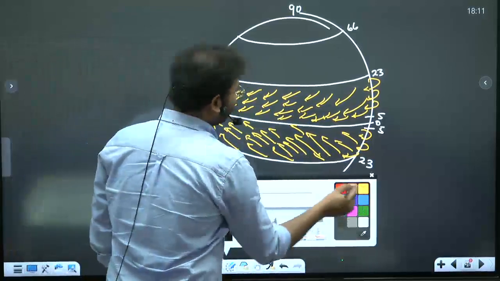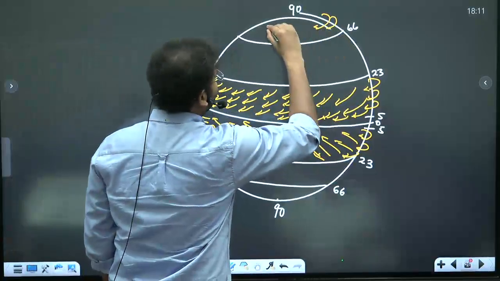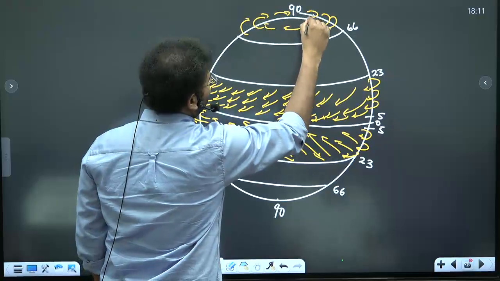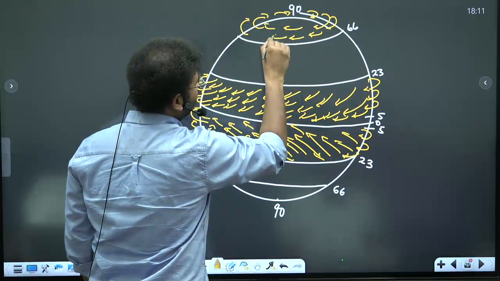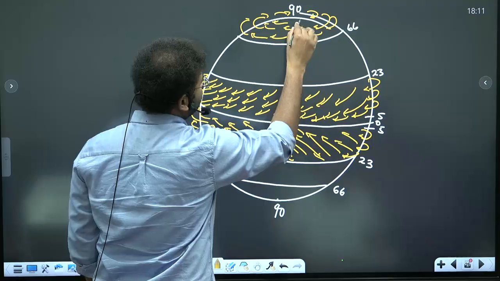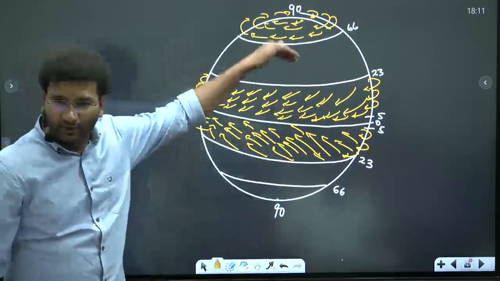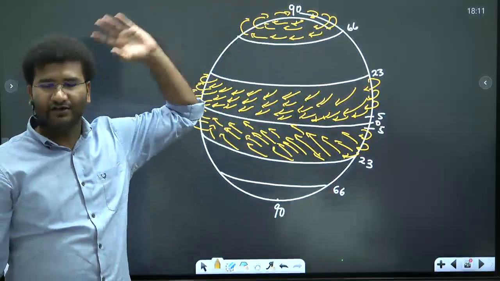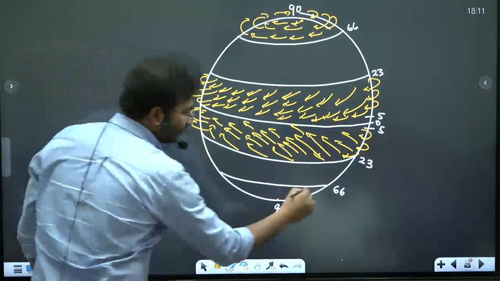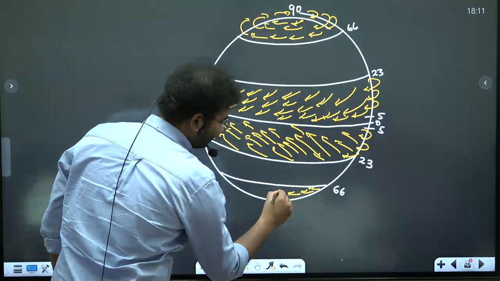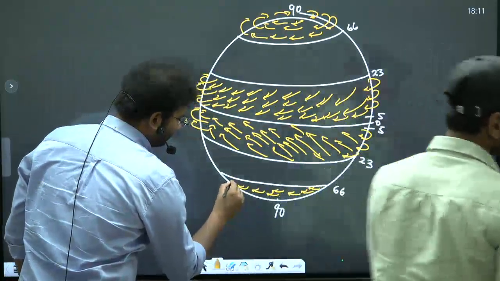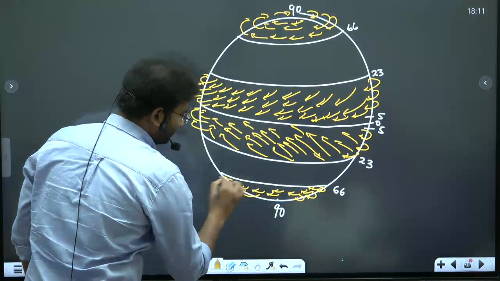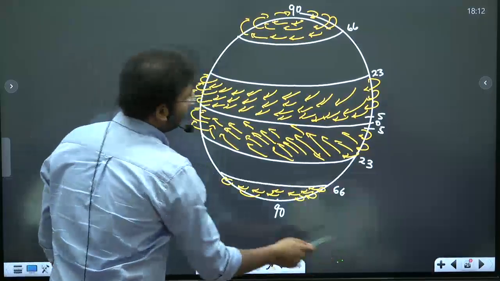In the polar region also, what kind of winds do you have? Polar easterlies, and literally your polar easterlies are east to west winds. They are literally east to west winds. Okay, here there is a little north-south horizontal motion, but in the polar regions it is literally easterlies, polar easterlies. Here also you will find, right? These are polar easterlies. Then you have